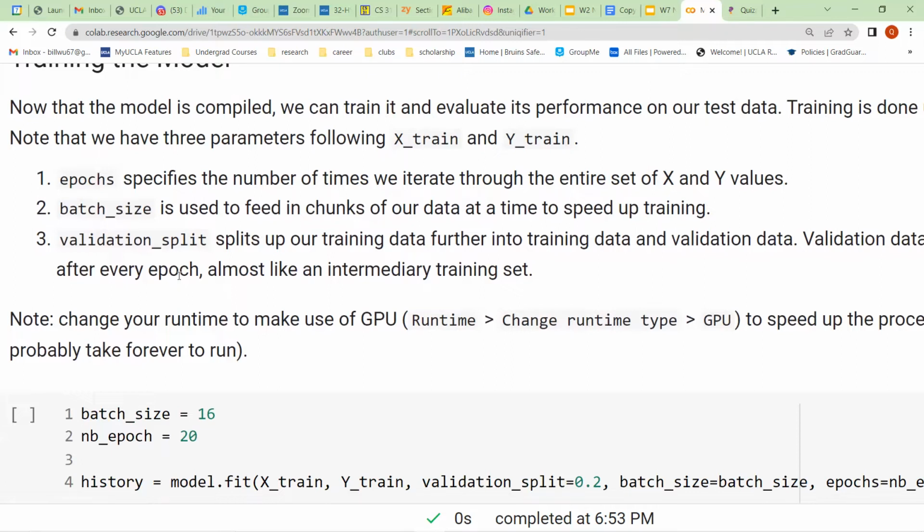Instead of running all of my training data through once, I'm going to do a series of mini tests by taking a chunk of this training data set and calling it a validation set, taking the rest and running it through the model, and then using this partially trained model on the validation data set in order to optimize it further.